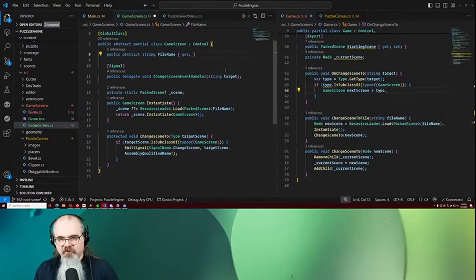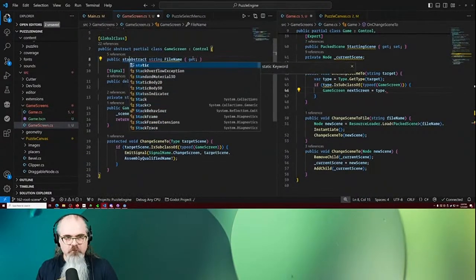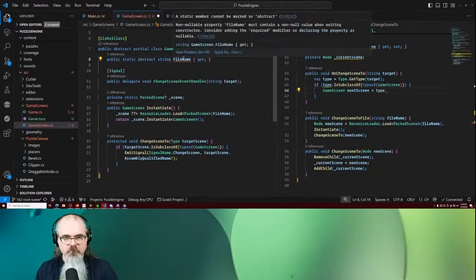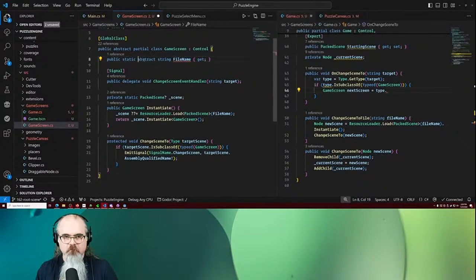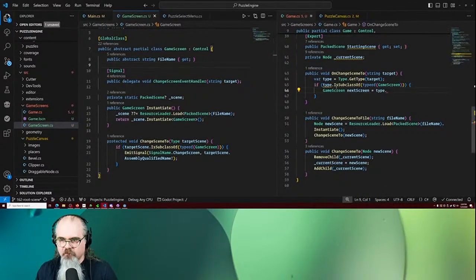Is file name supposed to be static? Can I do that? A static member cannot be marked as abstract, right? Because what I want is for the child type to